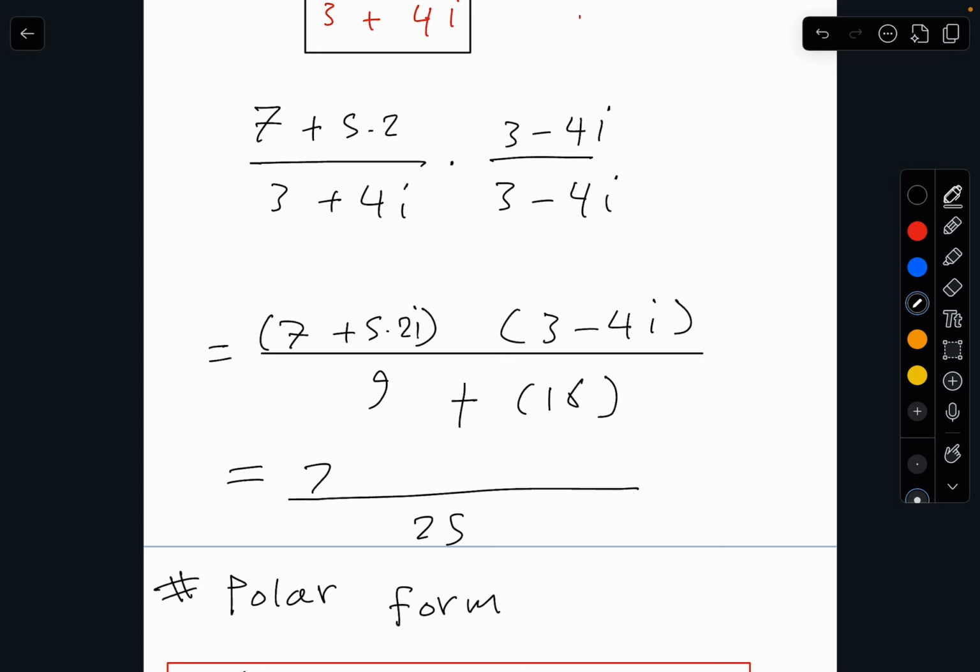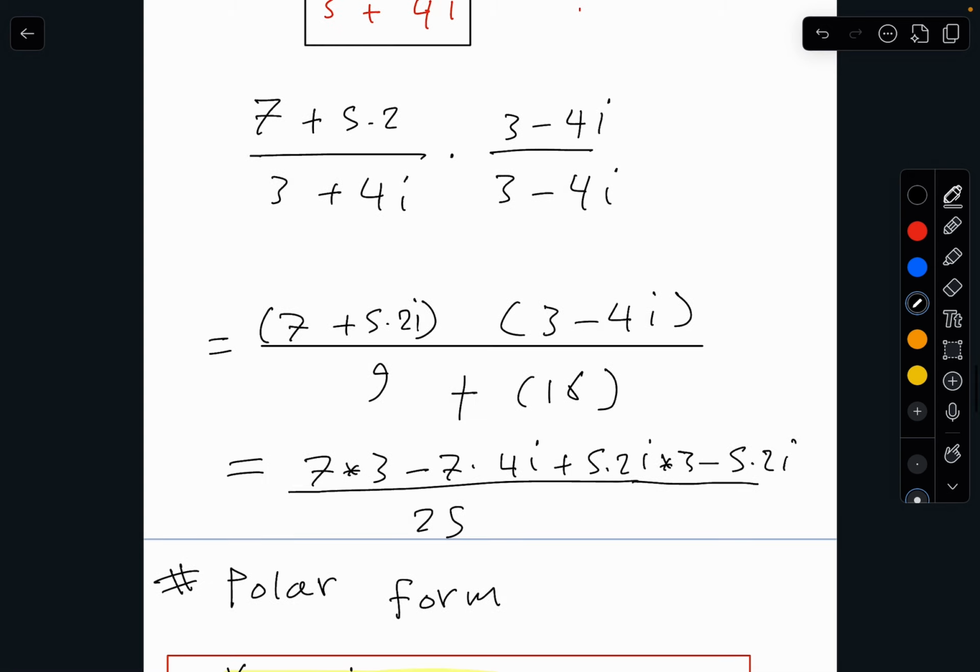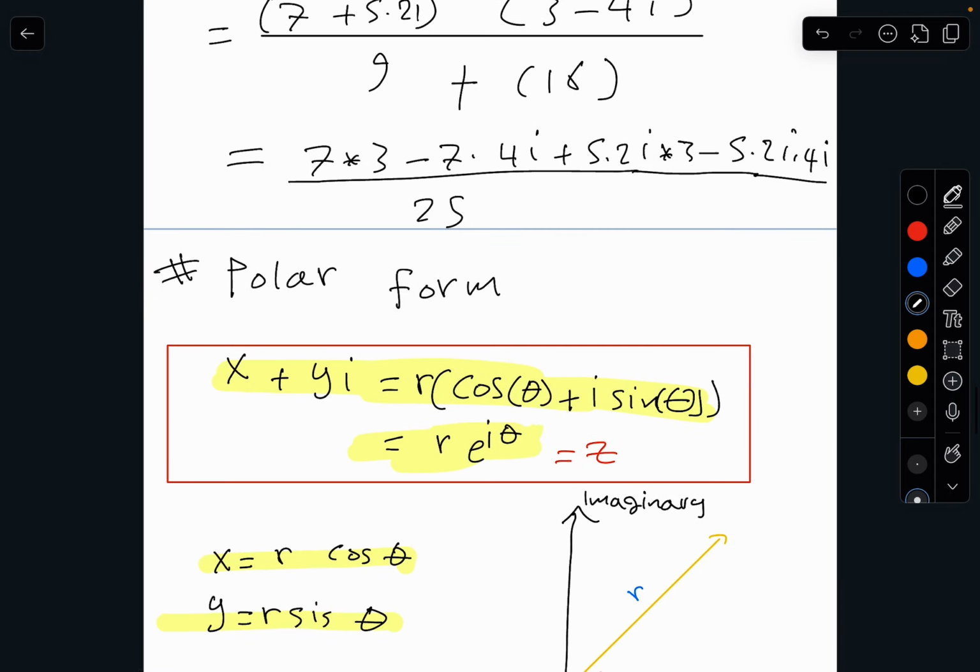In the numerator we say 7 times 3 minus 7 times 4i, and here 5.2i times 3, and here is minus 5.2i times 4i, and you just solve that. Anyway, guys,